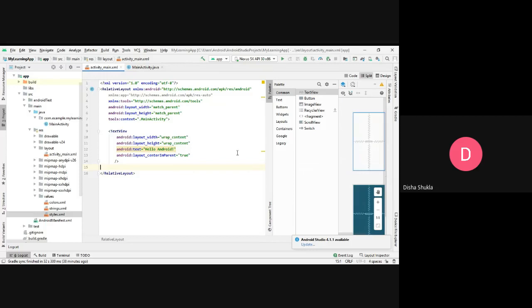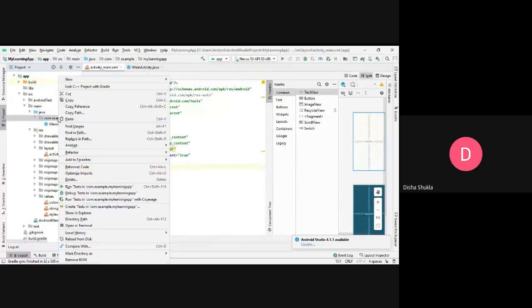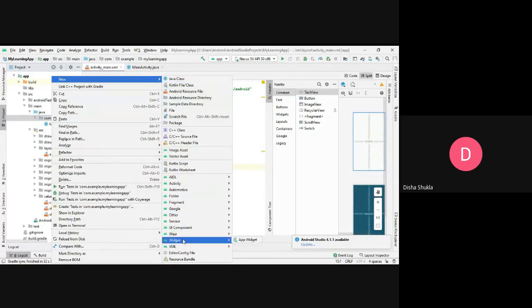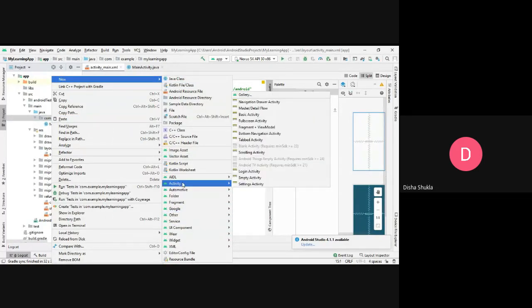Right now I have only one activity over here, that is the main activity, and its XML file, activity_main.xml. Say for example, I'm creating another activity. I will right click on the package, create a new one, and go to Activity.